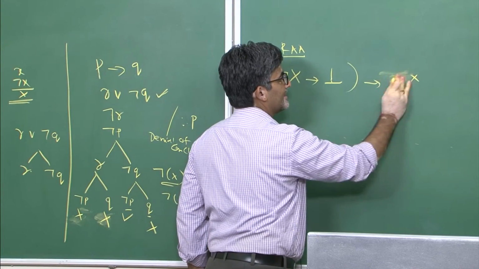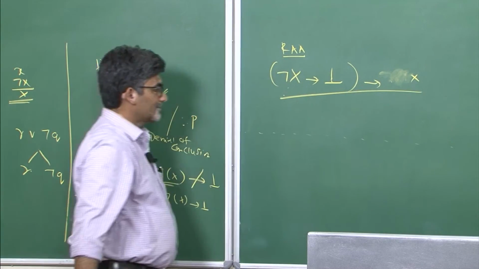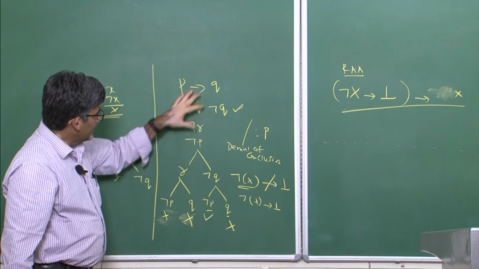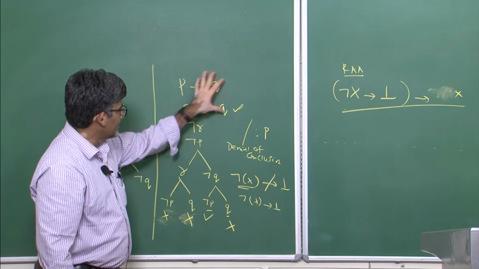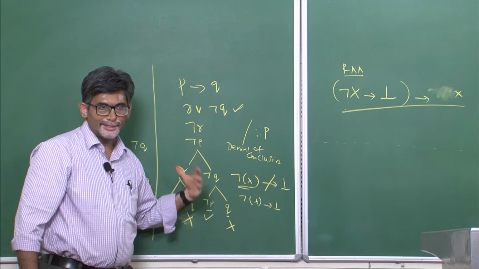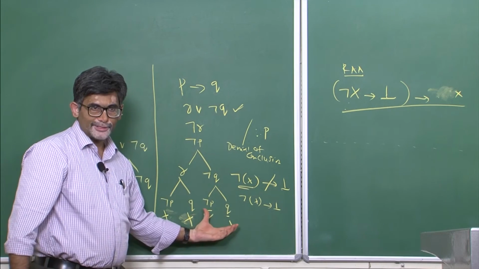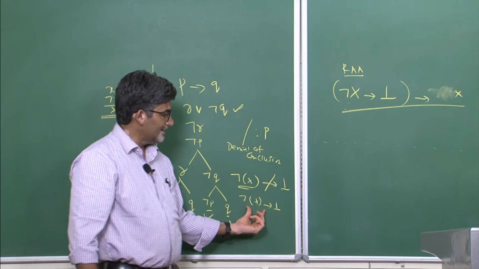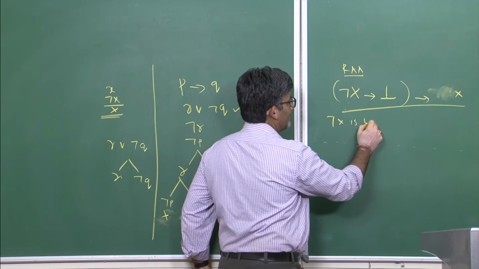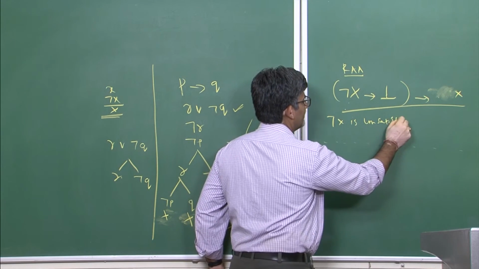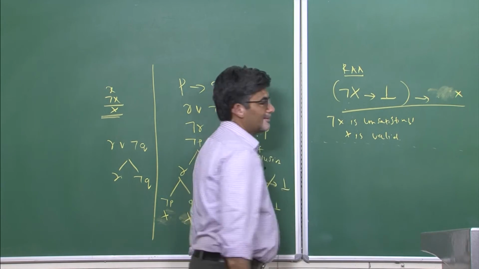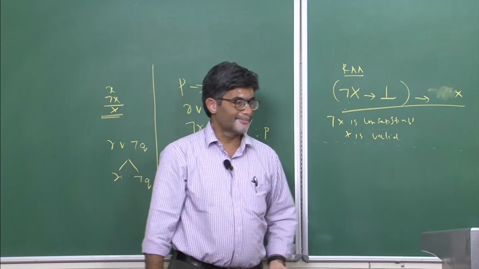So this is the same as X. That ensures us that X is valid, but in this case it appears that after exhausting the tree rules, I mean you ended up with atomic formulas, you did not come up with a branch closure. Branch closure suggests that not X is unsatisfiable. If not X is unsatisfiable, then X is considered to be valid. So that means your counter example did not work there.